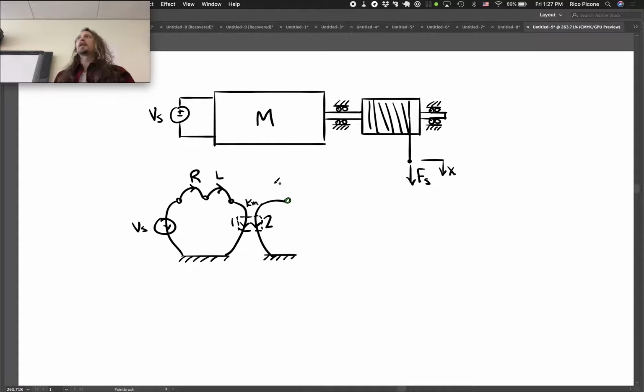There are internal bearings for the motor and external bearings. Let's say that we take the motor bearings and the external bearings all to be represented by one damping coefficient